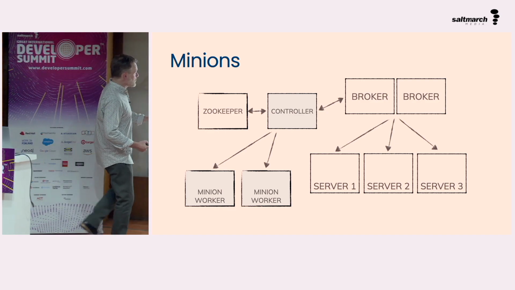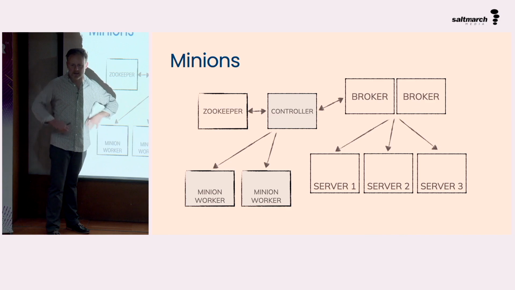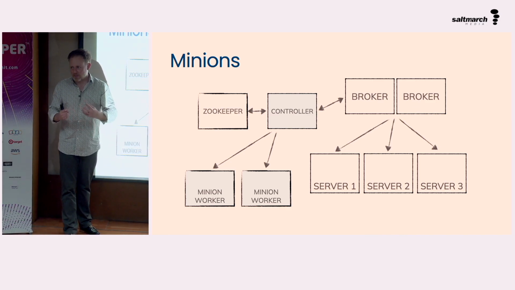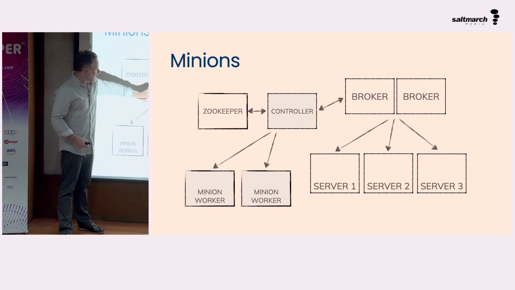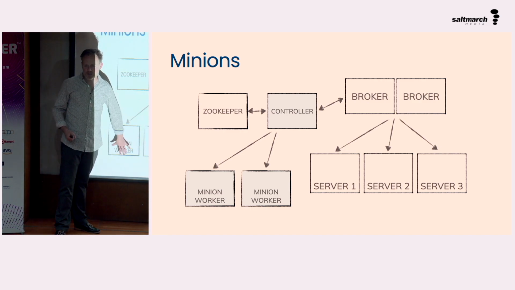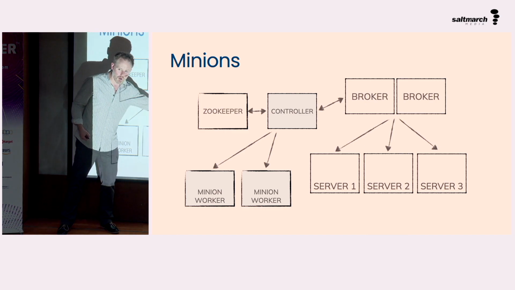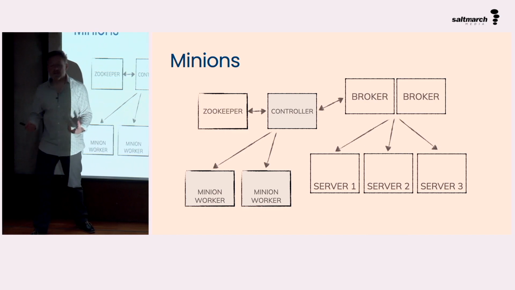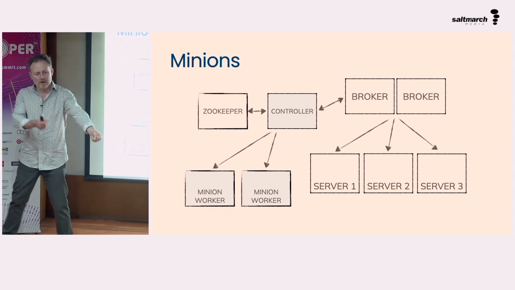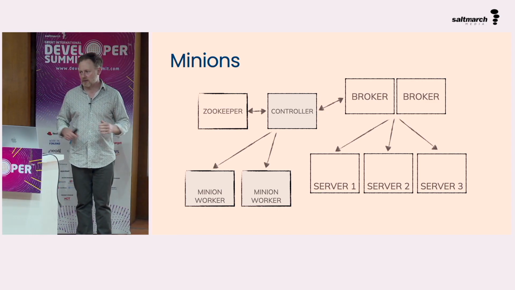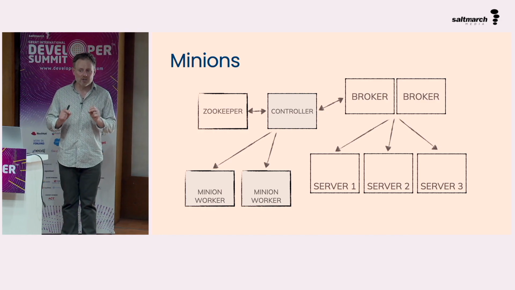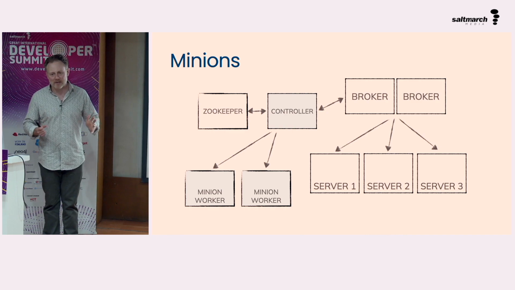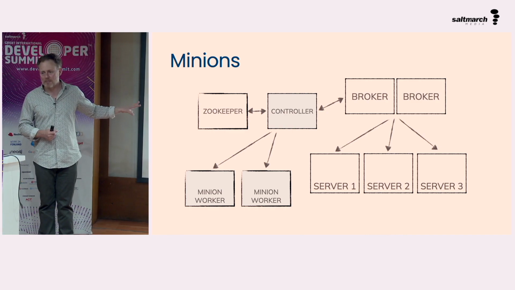So you can submit to the controller using an API, here's a minion job, jar, right? There's a very simple API, you implement that, you've got your minion task, and the controller will then distribute that to minion workers, which can't modify segments, but can read segments, create new segments, load the new ones, drop the old ones, etc. By the way, batch data ingestion also, by default, typically happens on minions. So minions are